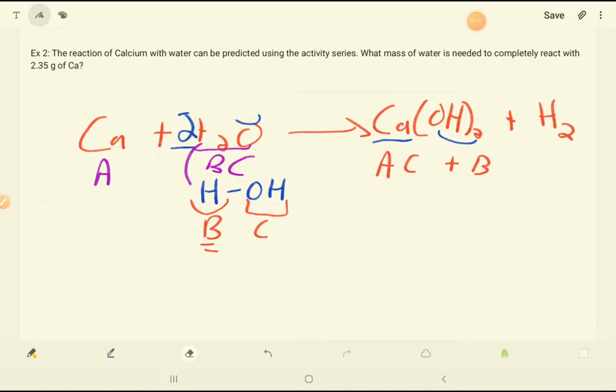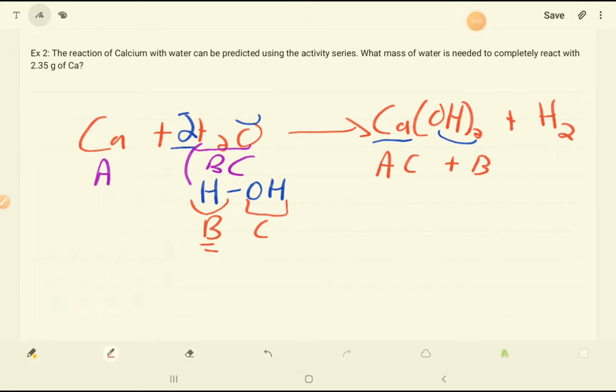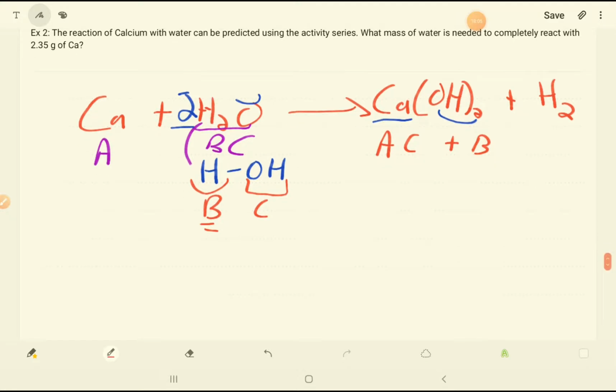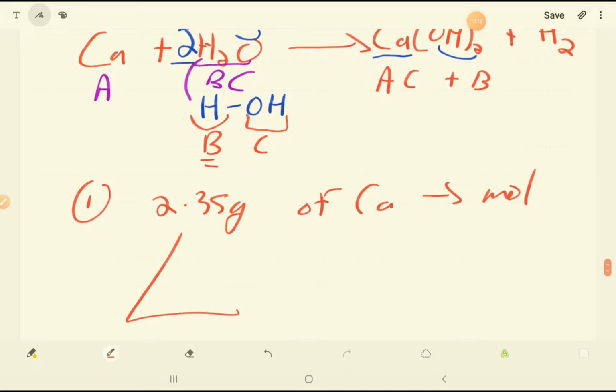Now, remember that the first actual step is going to be to convert all given amounts to moles. So what we're going to do is convert 2.35 grams of Ca to moles. And we're going to do that using this triangle, with the grams per mole, and then moles. And when we solve for our moles,